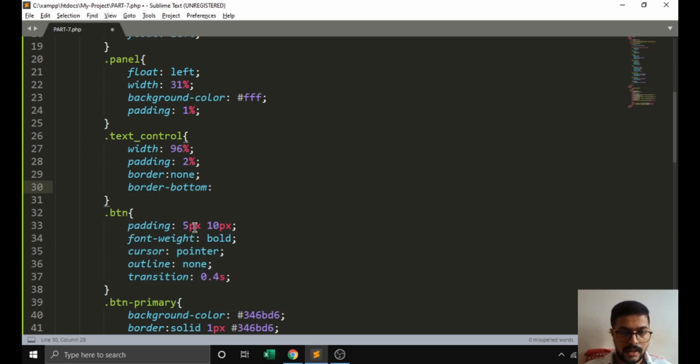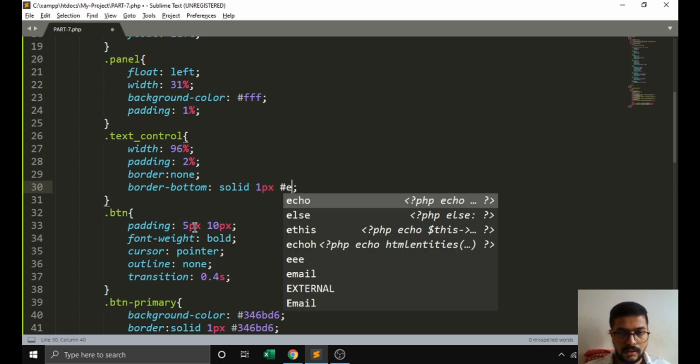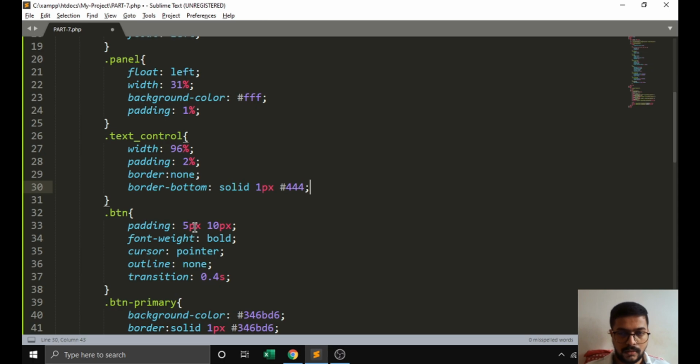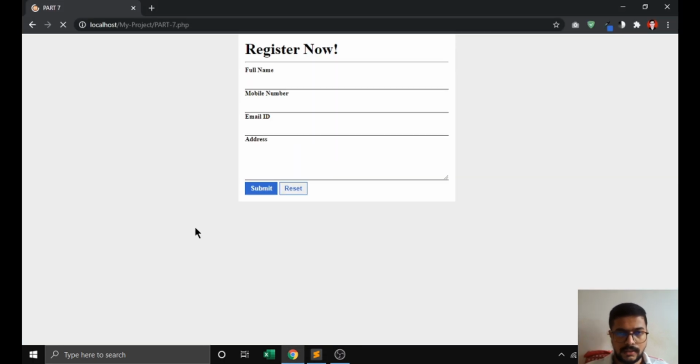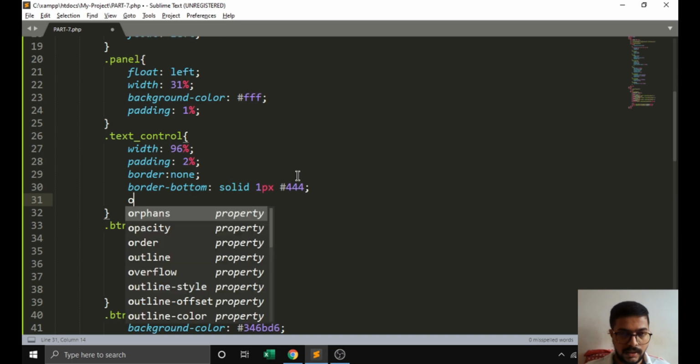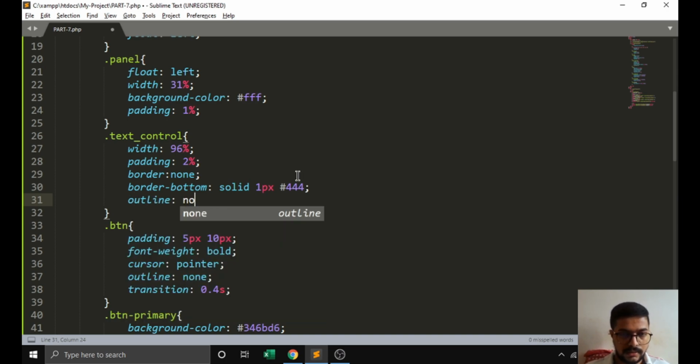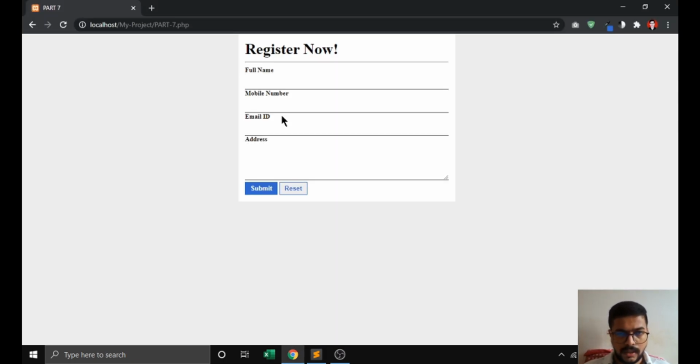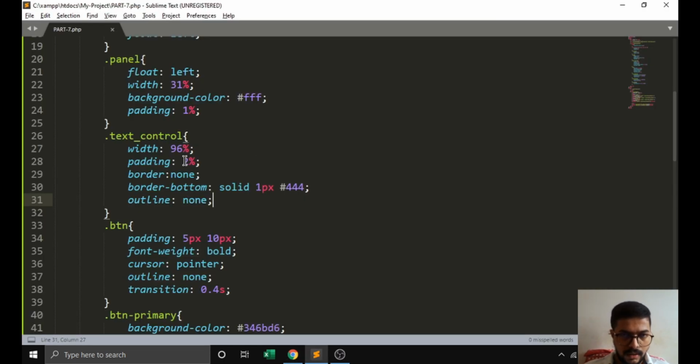We are writing here border bottom, then we are creating a solid border of 1 pixel and color like 444, a deeper color, and it will look like this. Then we have to pass the same outline property to disable it, so we are creating the outline none property over here.